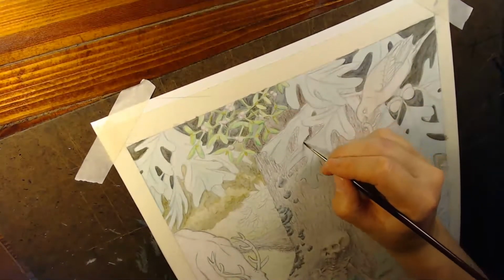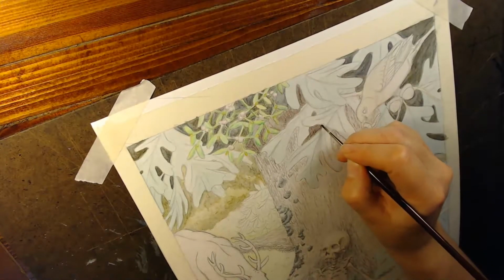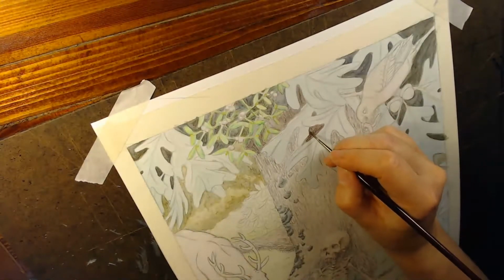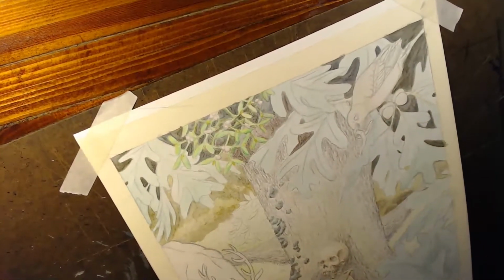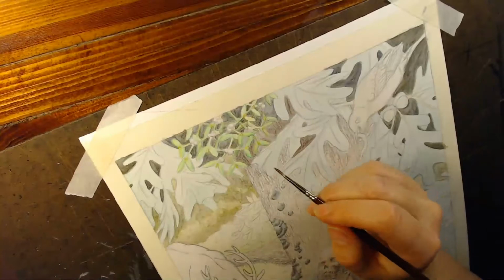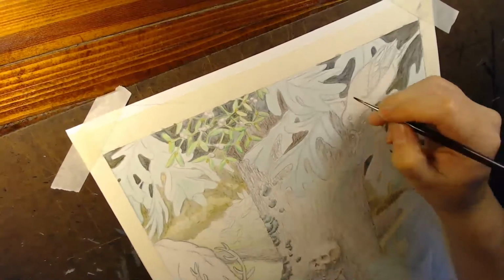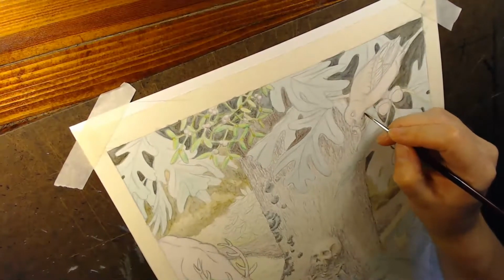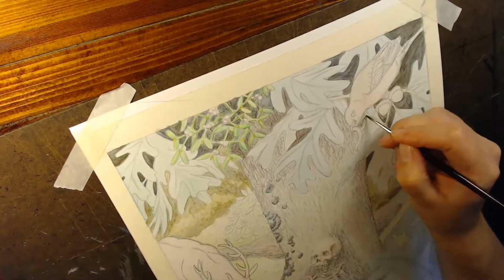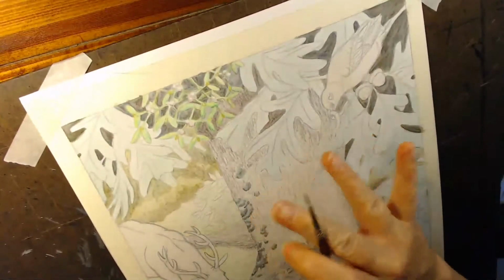All right, so the other thing with the water-soluble inks is that once it is set, and they dry fairly quickly, you need to be careful about maintaining and working with a wet edge, because otherwise you end up with this really harsh line wherever you last worked and let it dry. So I'm going in and filling in all these little spaces first,